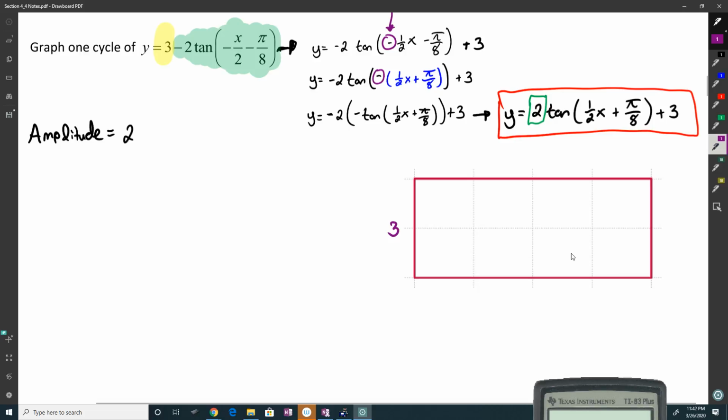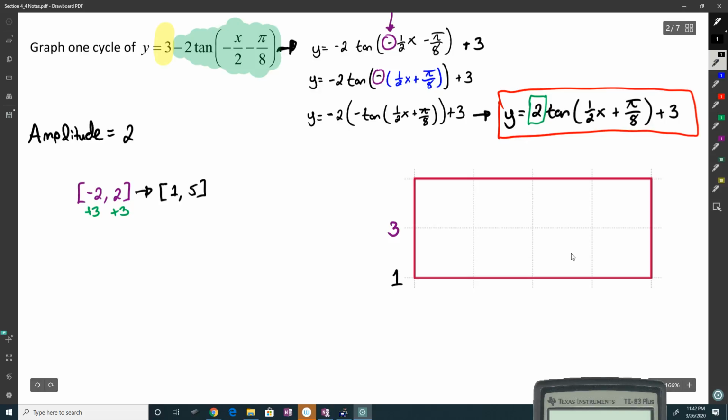So that means that where the graph was going from negative 2 to 2, usually, you're going to go up 3 in each case. And so that gives us 1 to 5. And so that's why this is going to be a 1 and this is going to be a 5 up here, where 3 is in the middle. So the shift up is always just sits there in the middle. And the amplitude, you go up whatever the amplitude is, so 3 plus 2, and then minus 2 to get the upper and lower bound. Anyway,